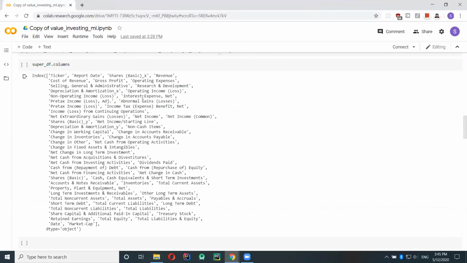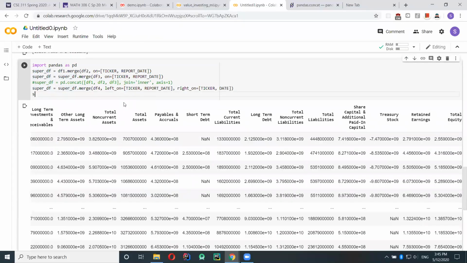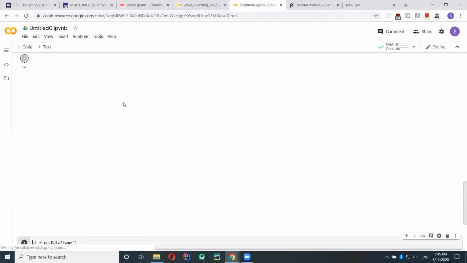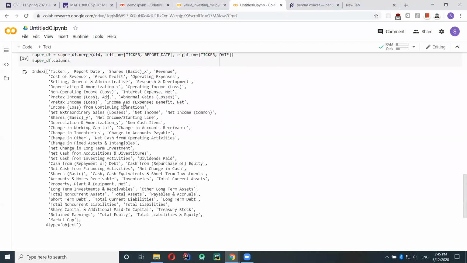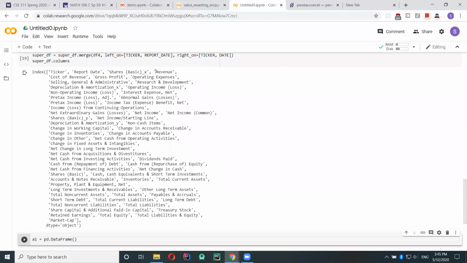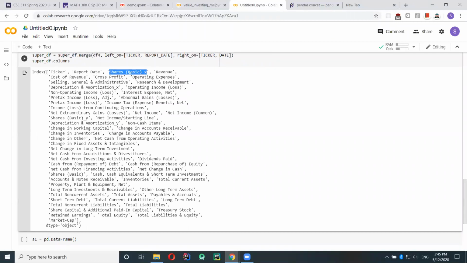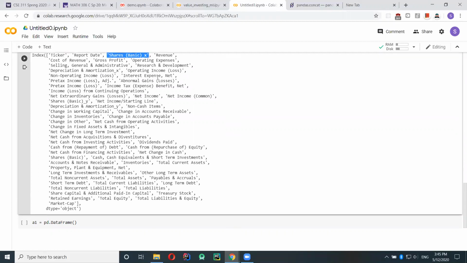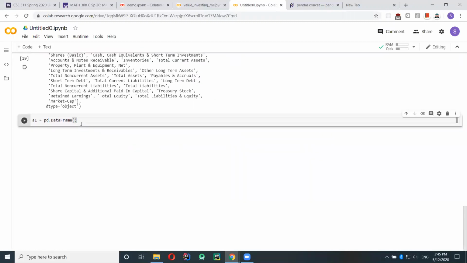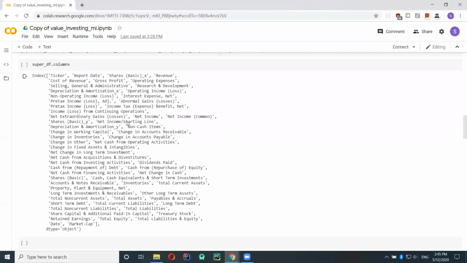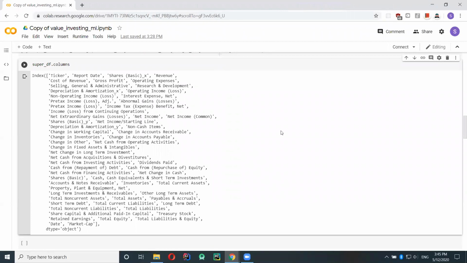Okay, that was good. However, there's some stuff that we don't really want. So let's see what these columns are. Okay, so the shares basically, there's a bunch of random stuff that we don't want. So we're just gonna delete them. Okay, so let's create a new data frame.